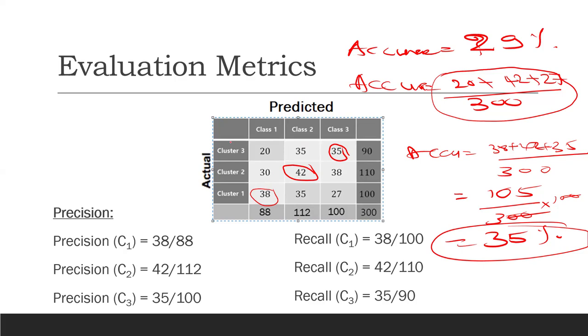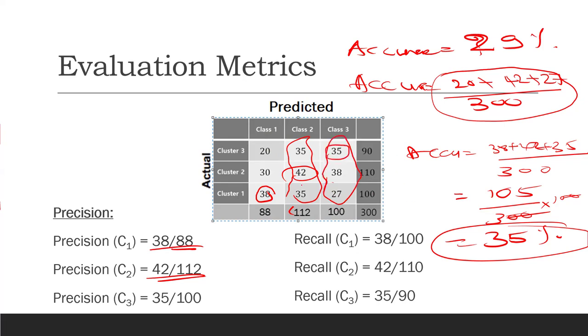So similarly, now if you want to calculate the precision of class 1, for class 1 this is the predicted one, so 88 is the total, over the correctly predicted one. If you look at it the same way, the correctly predicted one is this one. If you consider that other one, that is wrong. So correctly predicted 38 divided by 88. Here the precision for this one, the sum is 112, correctly predicted 42, right? This one. If you look at the precision for class 3, altogether get the sum of this one, class 3, this one,